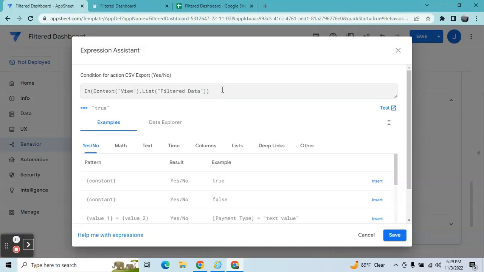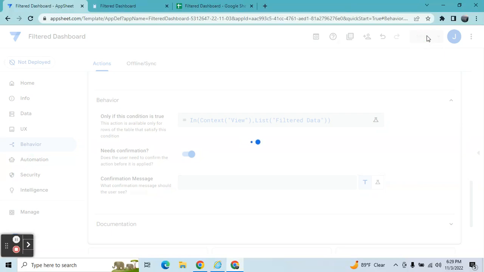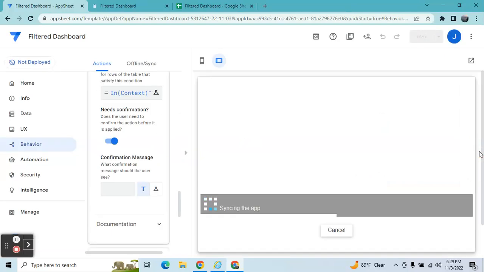So that's all. Then make sure you always add a confirmation, because once you click it, you don't want it to download automatically. Sometimes we mistakenly click, so it needs confirmation. It's up to you if you want to place a message here. Then save. Once we go back in our app,